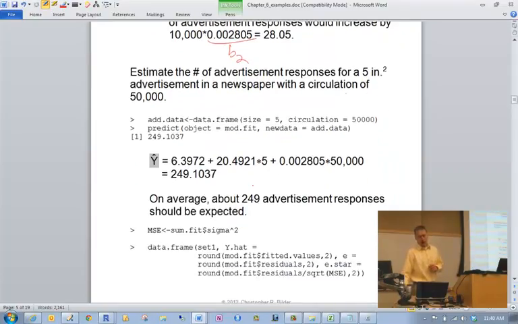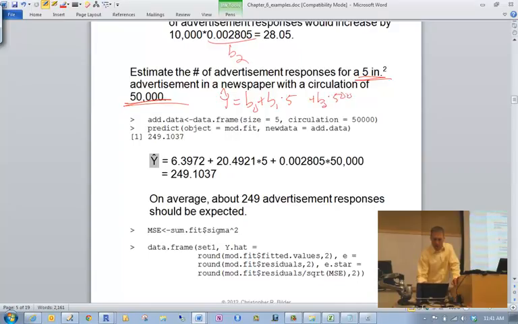Let's look at another example. How about we actually do some predictions? Suppose I want to estimate the number of advertisement responses if I run a 5 square inch advertisement in a newspaper with a circulation of 50,000. Well, how would I do that prediction? You would take y hat equal to B0 plus B1 times 5 plus B2 times 50,000